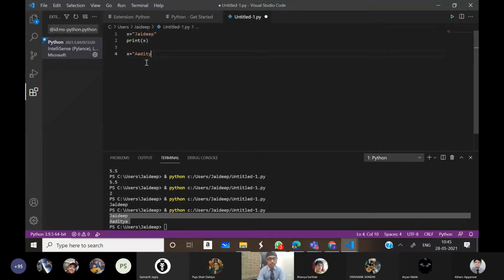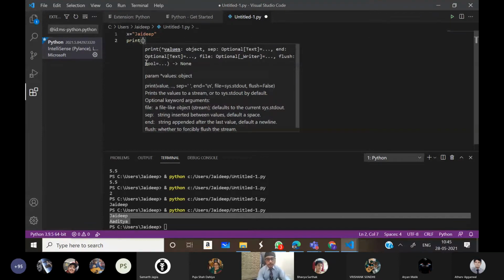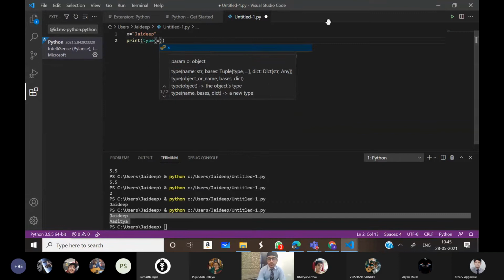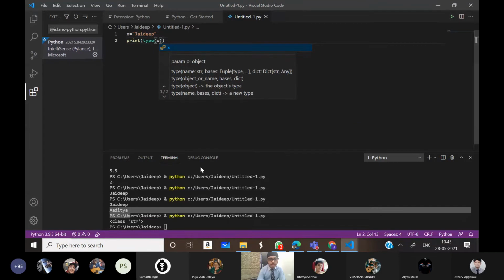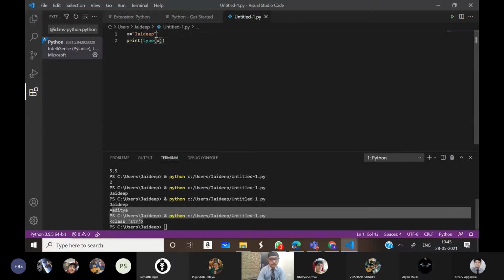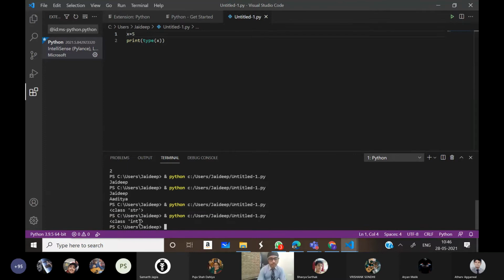And to get the type of the variable, we will write print type x, and when we run this code, it will say it's a string because Jaideep is a string. If we write 5, it will say integer because 5 is an integer.